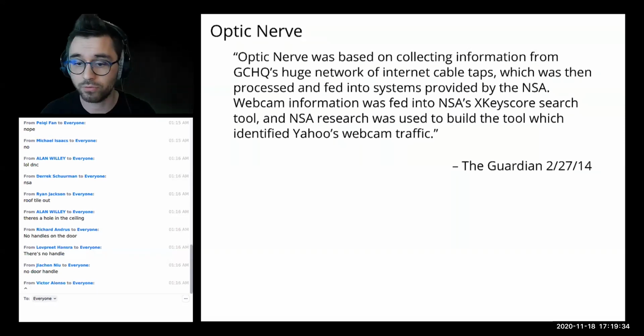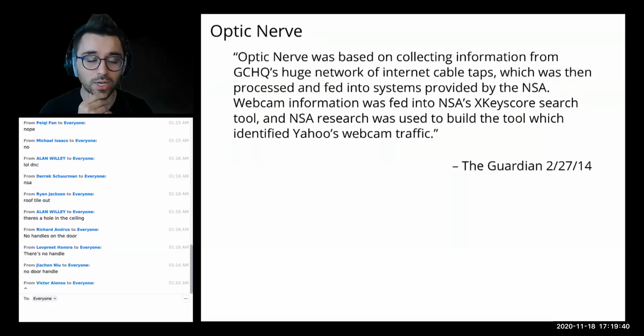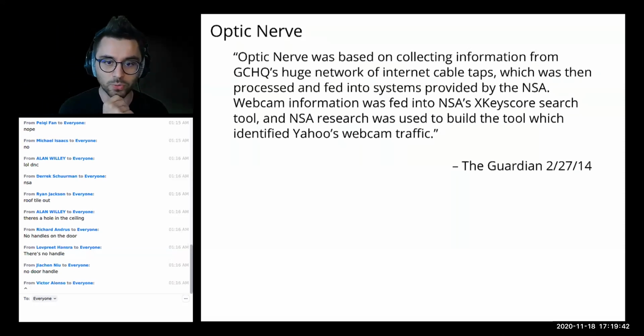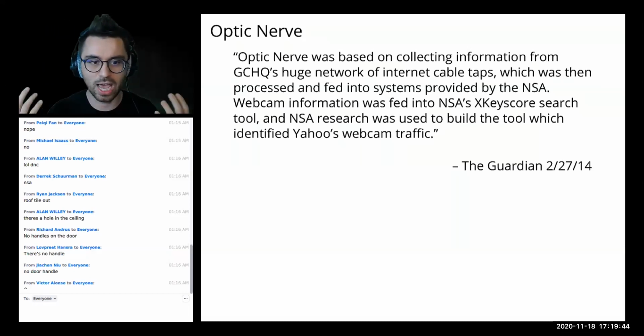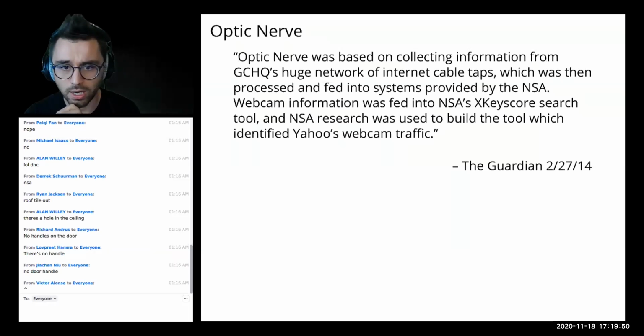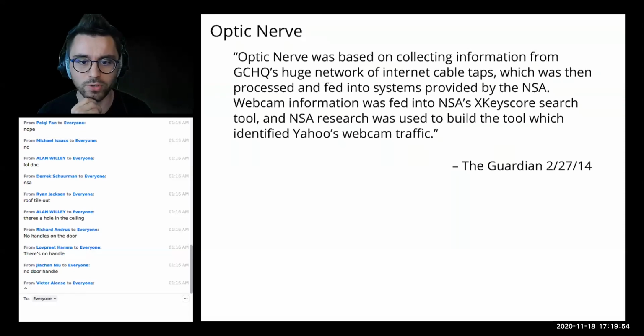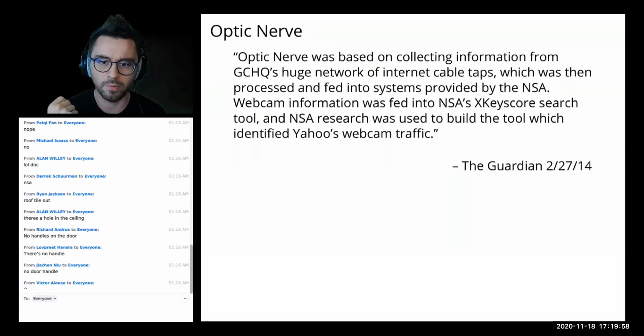There we have traffic coming from the UK, where we have the equivalent of the NSA, which is the GCHQ. So we have tapped fiber optic cables and a bunch of data going to software like Xkeyscore.